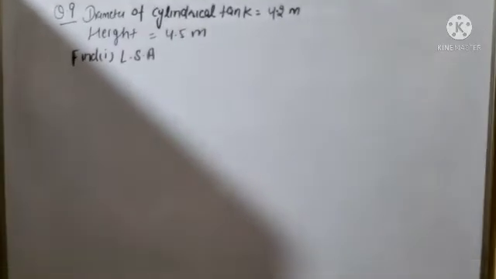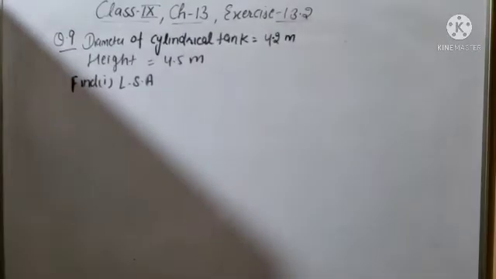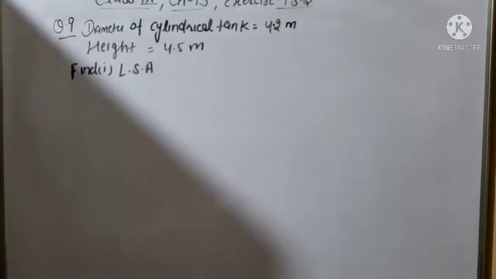Yes, now we will start our next question. So question number 8, read the question number 8. In a hot water heating system, there is a cylindrical pipe of length 28 meter, diameter is 5 centimeter. Find the total radiating surface in system. It means it is given the hot water system and it is a cylindrical pipe. It means a cylinder is given and whose length is 28 meter and whose diameter is 5 centimeter.